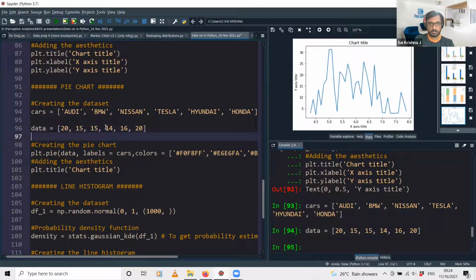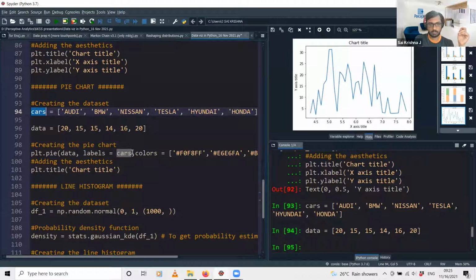What I am doing now is plotting a pie chart for the different types of cars sold. Data will be these numbers that we have over here. I'm using this function called pie. Labels, or the categories by which you want to split or show the colors on the pie chart, that is basically the set cars.